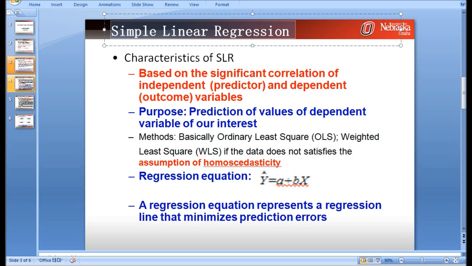There are some assumptions we need to take care of in a regression analysis, and it is difficult to test the assumptions by manual calculations. Okay,